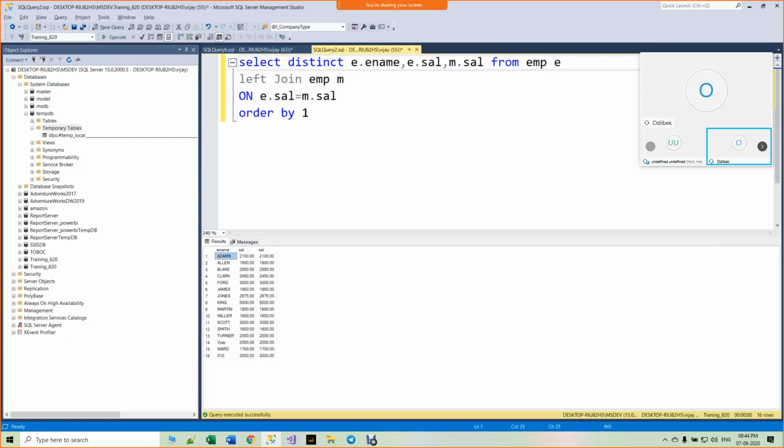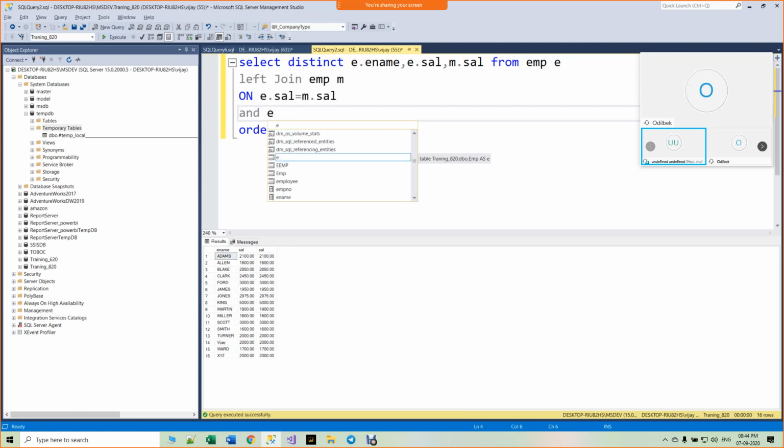See, Adams, see how many employees are there? Those many employees are displayed for you. You have to write one more condition, I guess. Yes. E dot employee number not equal to m dot employee number.